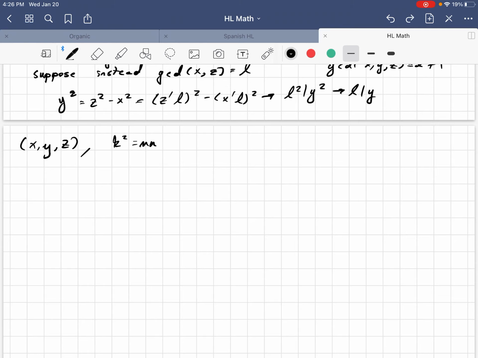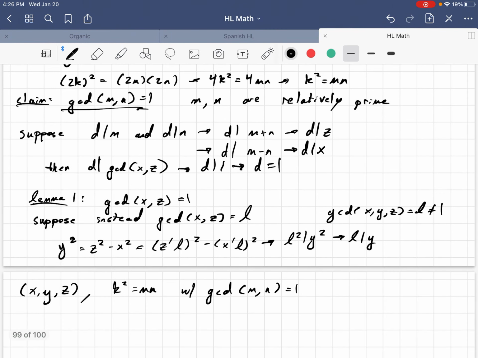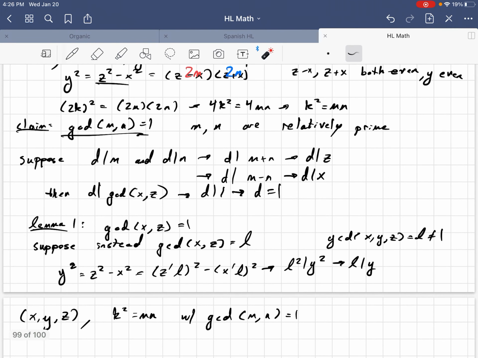So if k squared is equal to mn for integers, and the greatest common divisor of m and n is equal to 1, like I just proved,